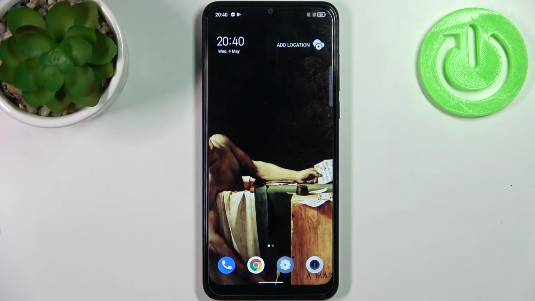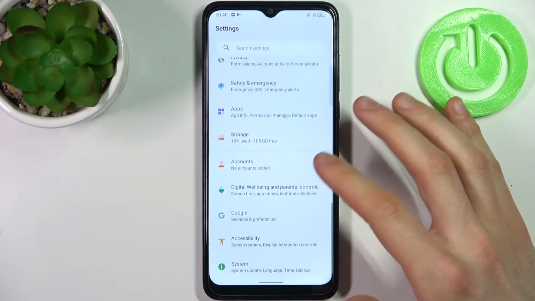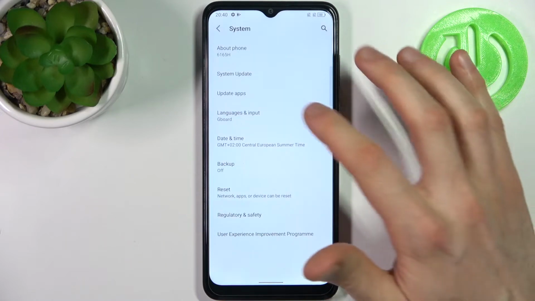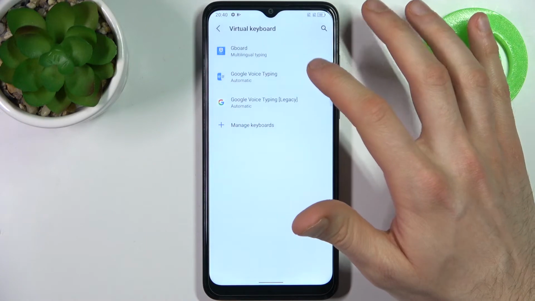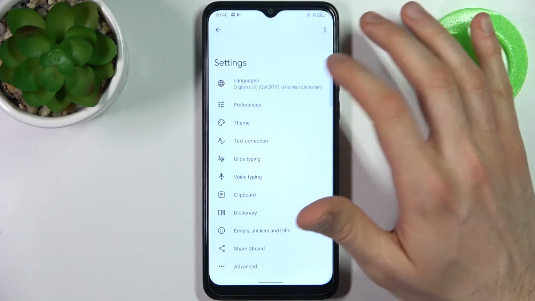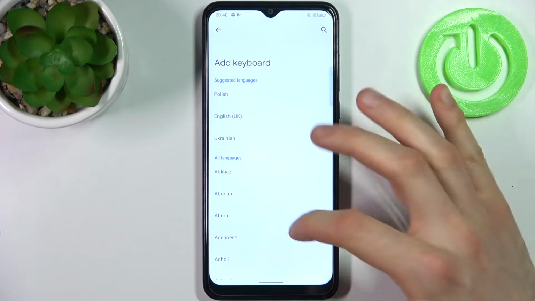Here I have TCL 30 SE, and today I'm going to show you how to change keyboard language on this device. So firstly you have to open settings, then go to the system section, languages and input, virtual keyboard, Gboard, languages, add keyboard. Here you can see the whole list of the available